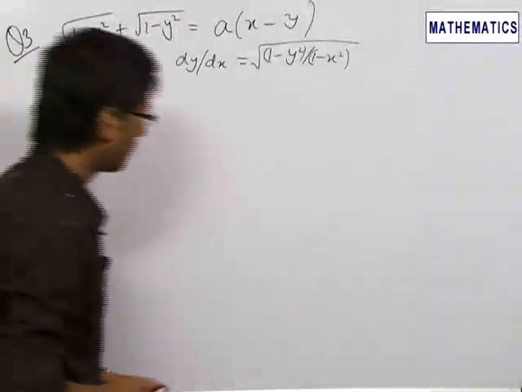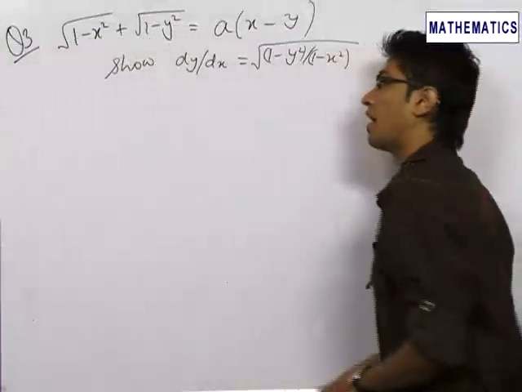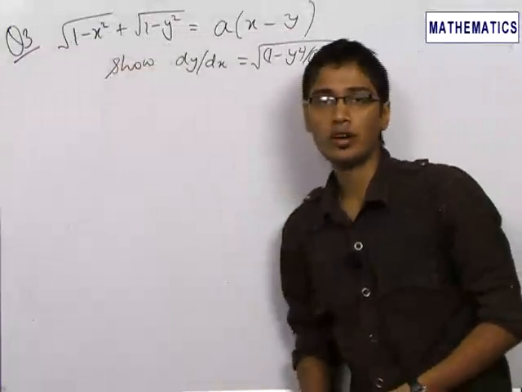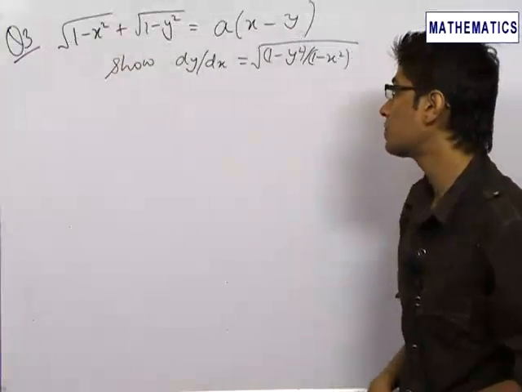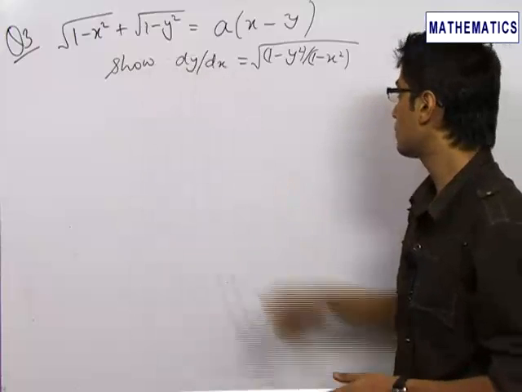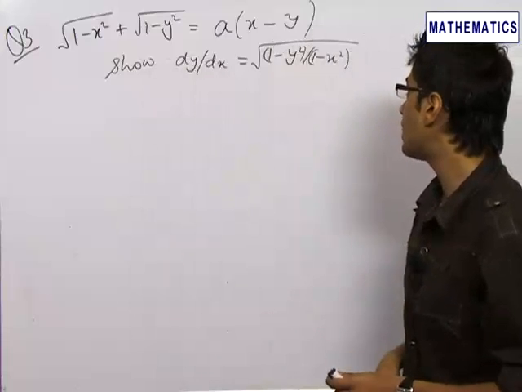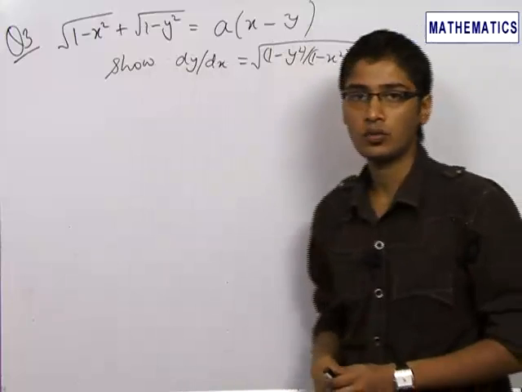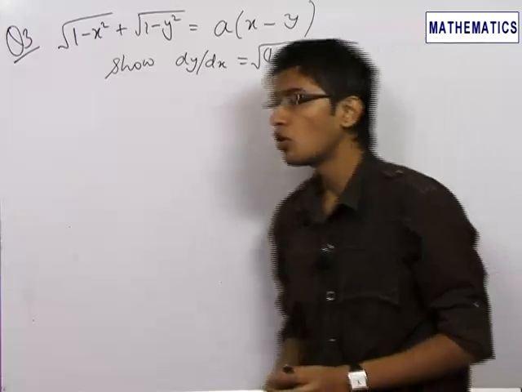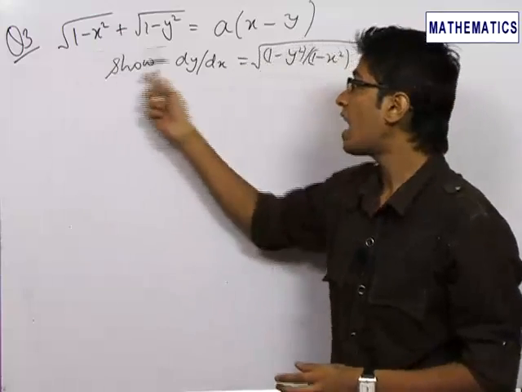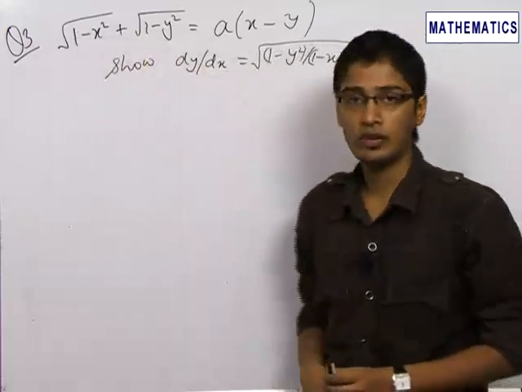In our next problem, we are given an equation in x and y as under root of 1 minus x square plus under root of 1 minus y square is equal to a times x minus y, and we need to find dy by dx as under root of 1 minus y square upon 1 minus x square. Now in these types of problems, most of the students will start differentiating the given equation,